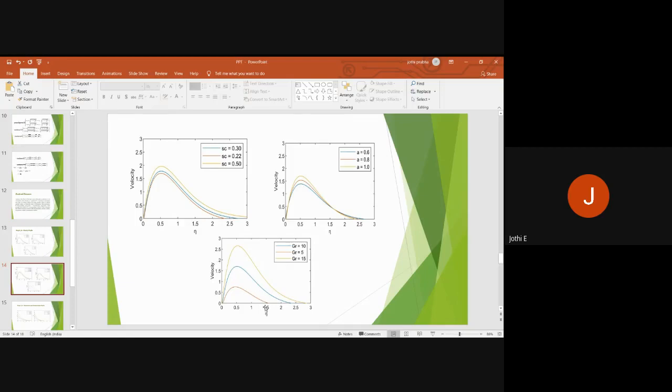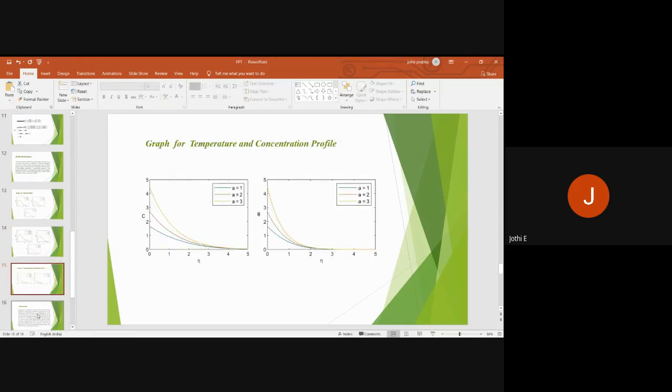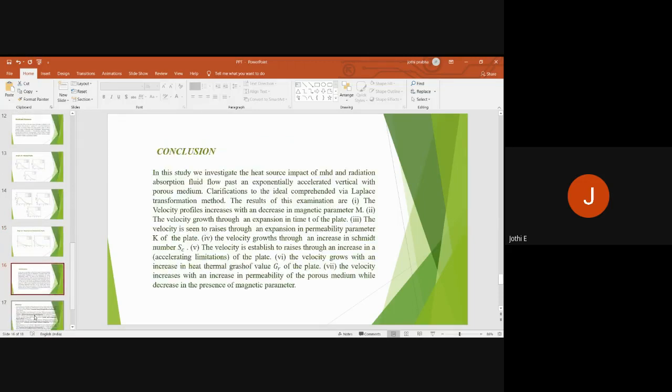Velocity profile for different Grashof number, Gr equal to 10, 5, 15. Concentration profile for different values of acceleration A equal to 1, 2, 3. Temperature profile for different parameters, acceleration A equal to 1, 2, 3. I am using MATLAB software. I got this diagram. My conclusion is, in this study, we investigate the heat source impact of MHD and radiation absorption